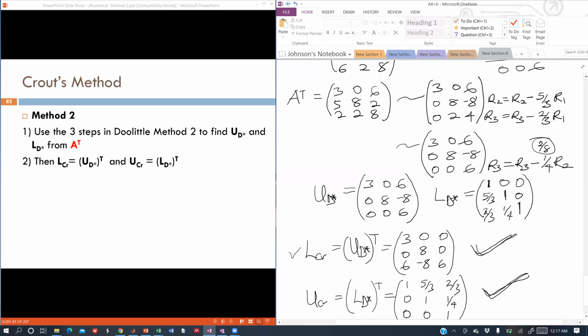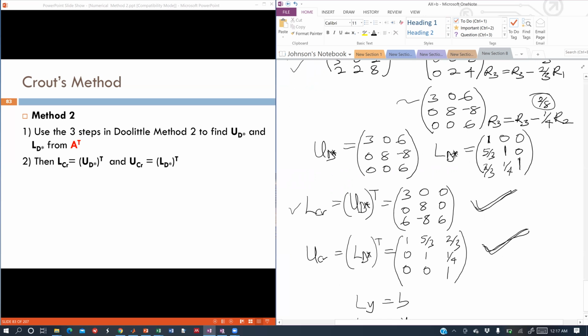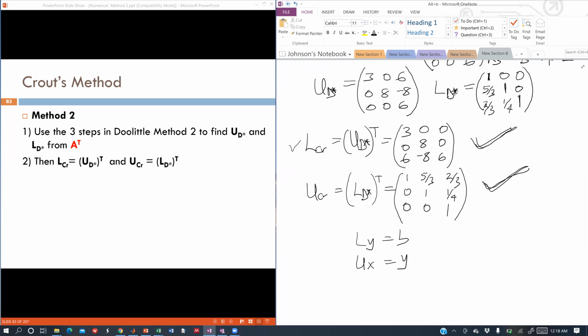In the same way, you write out your lower triangular matrix as if you are doing Doolittle, but call that Doolittle star because it is coming from the A transpose. And then you transpose that lower triangular to get your upper triangular for the Crout. After that, you follow through with the other steps that you need to use to solve the system. From this discussion that we have just seen, coming from the transpose of a matrix and then transposing the answers after the Gaussian elimination to get the actual lower triangular and the upper triangular, we can make this conclusion